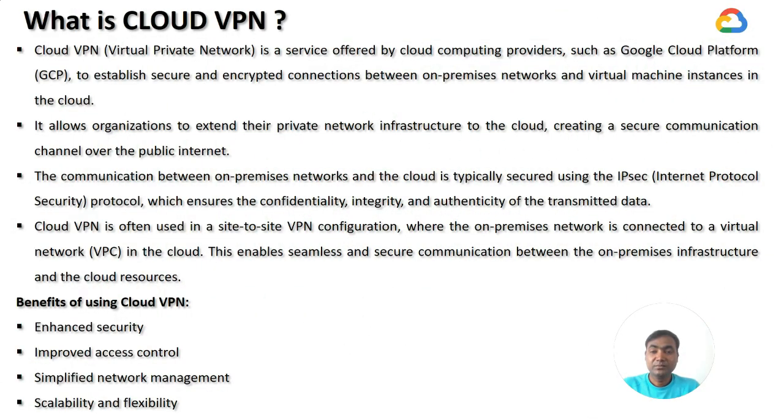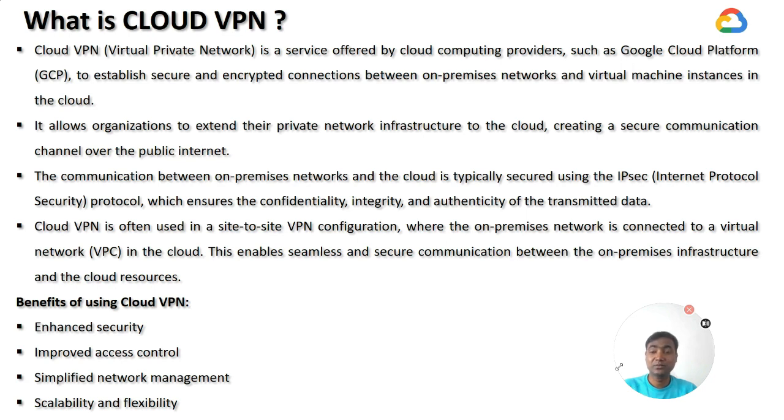Cloud VPN stands for Cloud Virtual Private Network. It is a service offered by major cloud providers like Google Cloud Platform, Amazon Web Services, and Microsoft Azure. It helps you securely connect your on-premises network or other virtual network to your cloud environment, creating a private tunnel for data transfer. It allows organizations to extend their private network infrastructure to the cloud, creating a secure communication channel over the public internet. Basically guys, Cloud VPN is used to establish a secure and encrypted connection between the on-premises network and virtual machine